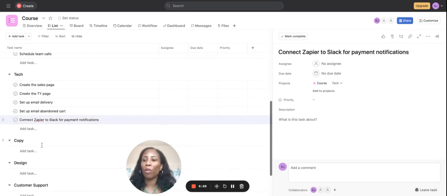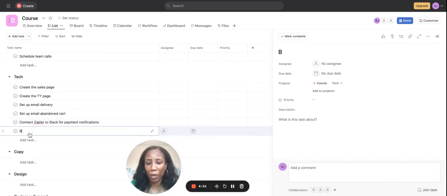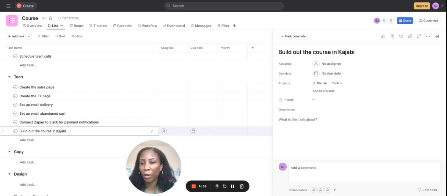So that's just an example of what the tech could be doing. They would also actually have to build out the course. In what platform? Is it Kajabi? Is it Teachable, Thrivecart, whatever they're using? They will need to build out the course